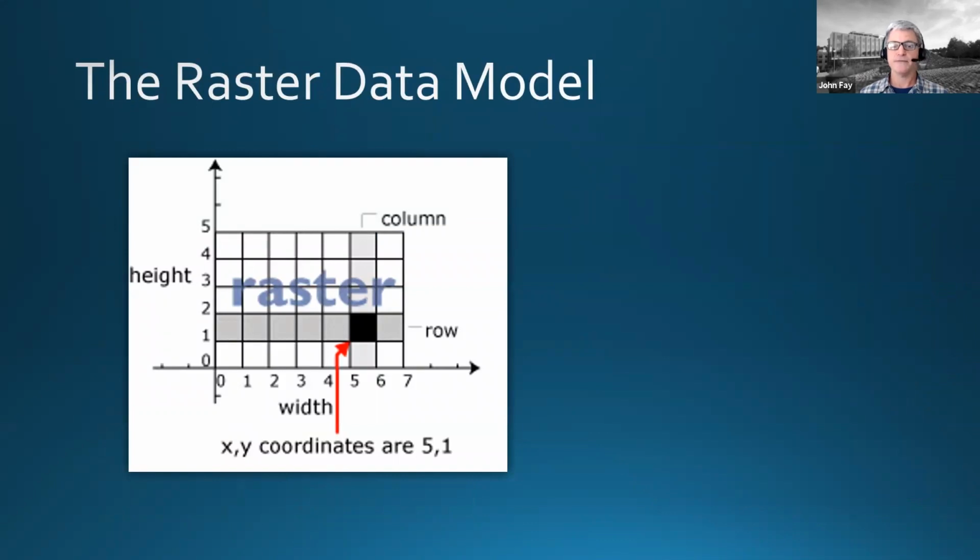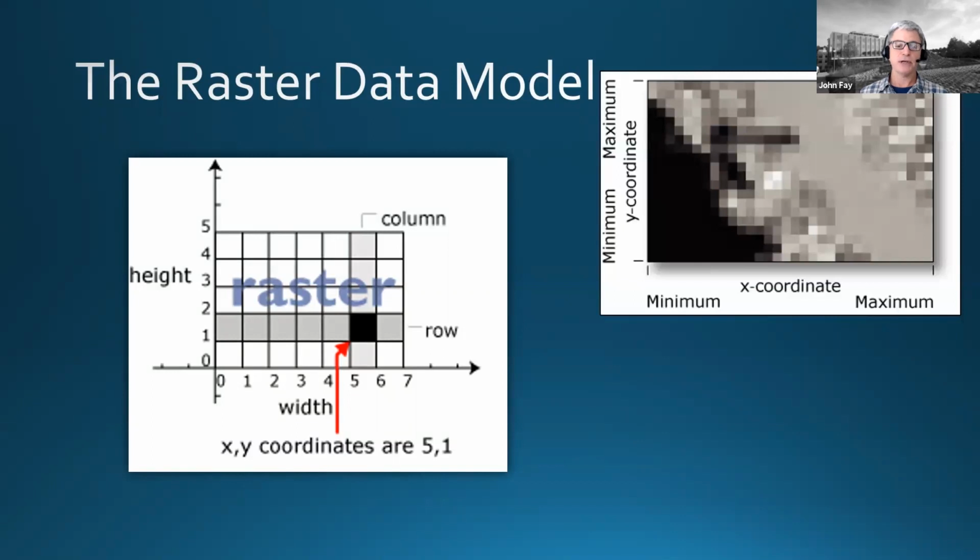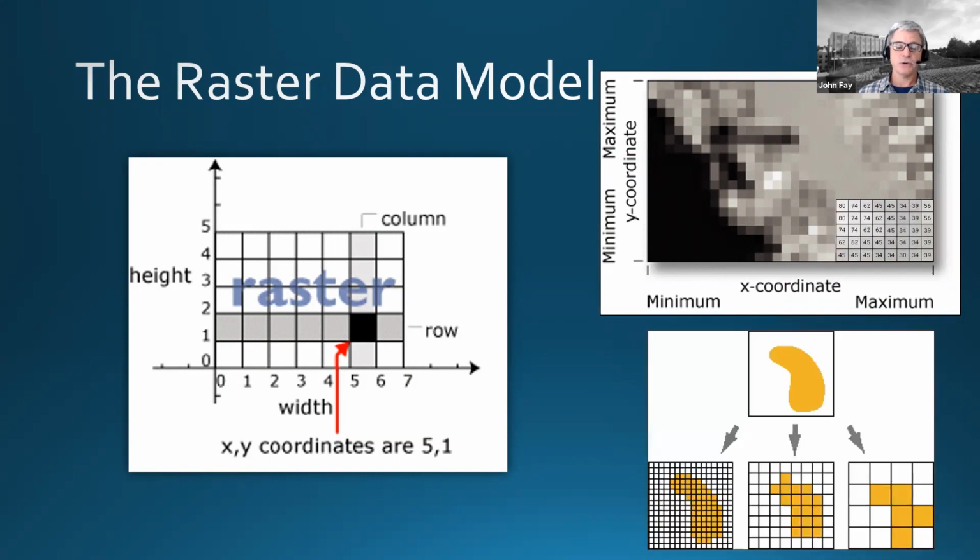So here's our familiar data matrix with rows and columns, and of course we can stack them as well. At each row and column we have a value, and the value can be continuous as a set of numbers, or it can be discrete. Raster data works with both of those to show either phenomena like elevation or entities. This could just be a value of 1 or no data,